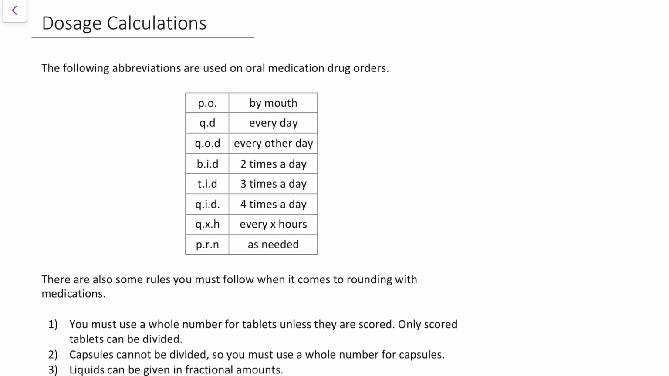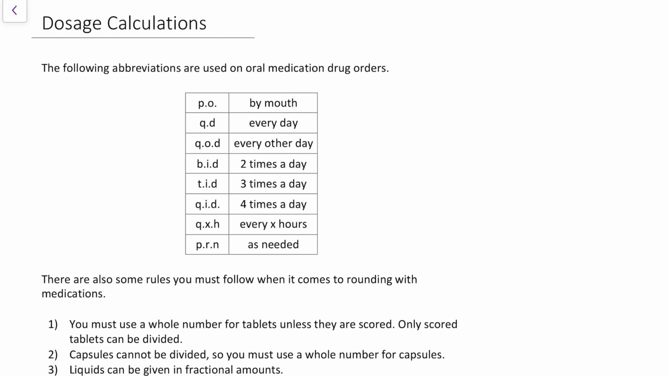In this video, we are going to look at several different dosage calculations. Before we get started, there are some abbreviations that are used on oral medication drug orders that you should be aware of. So if you see PO, that means by mouth, and then QD means every day,